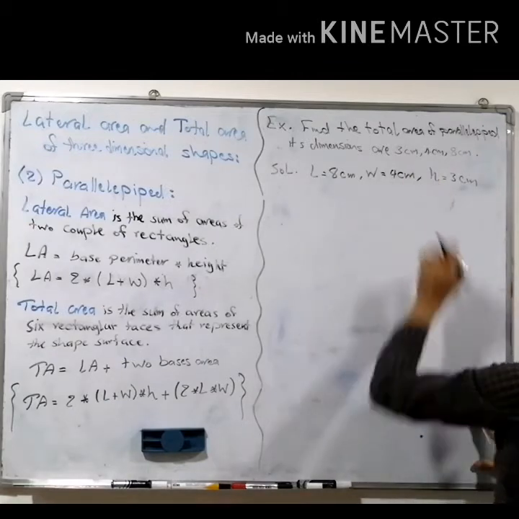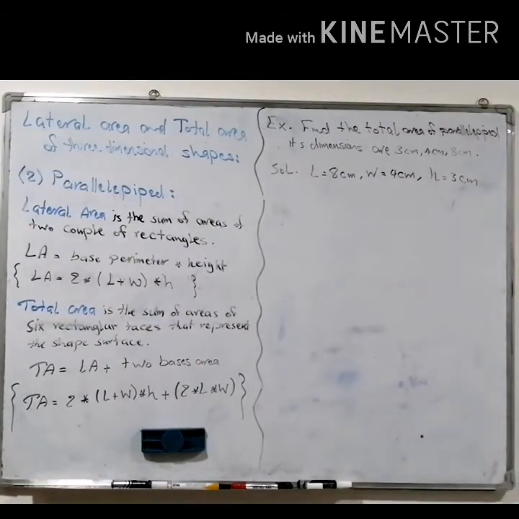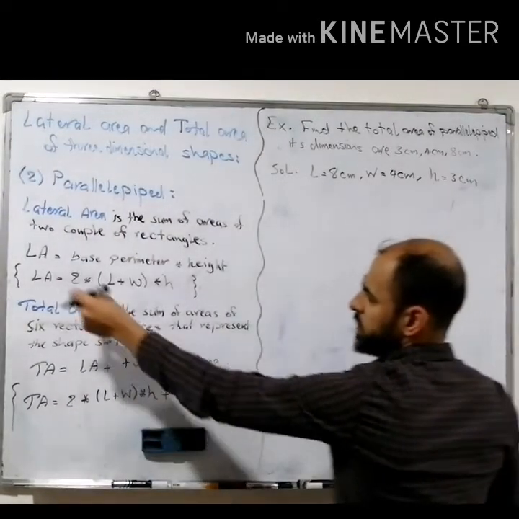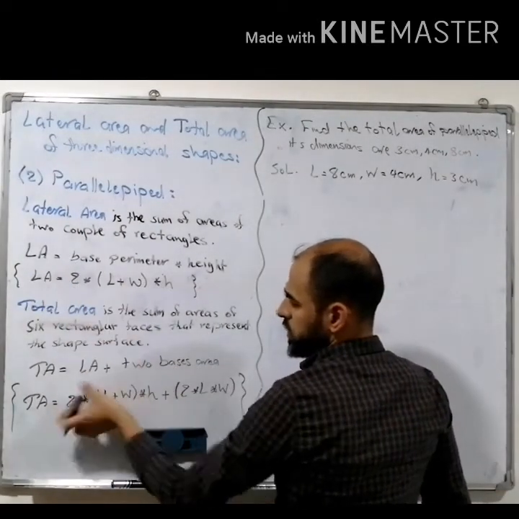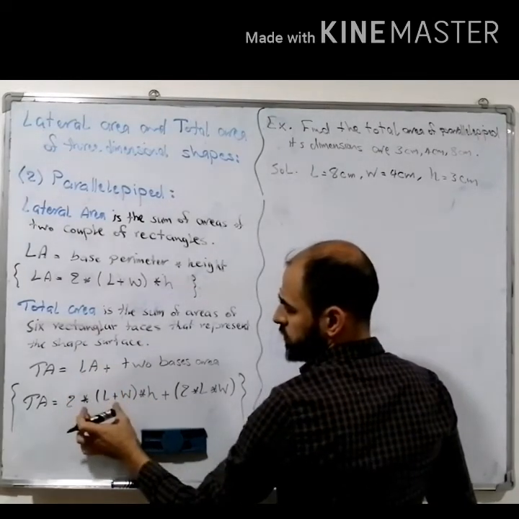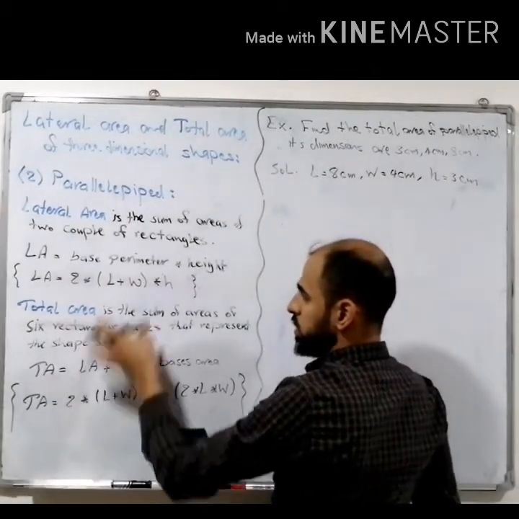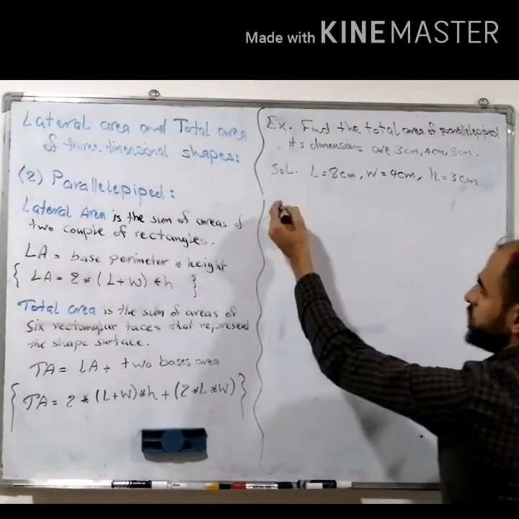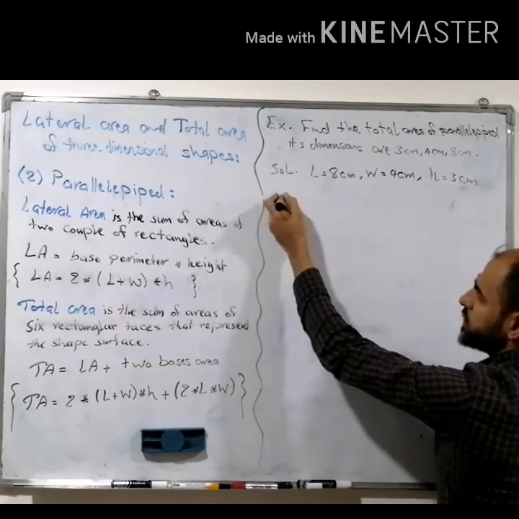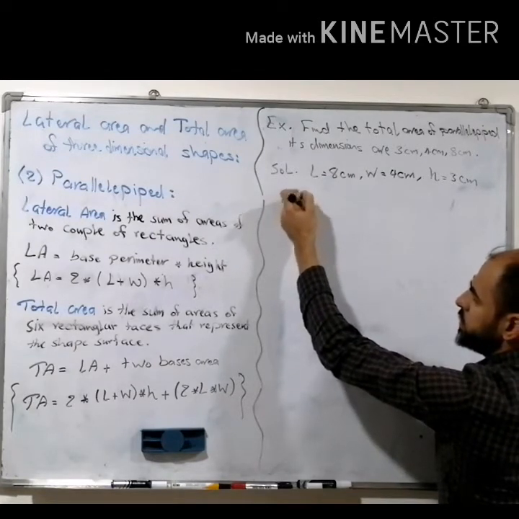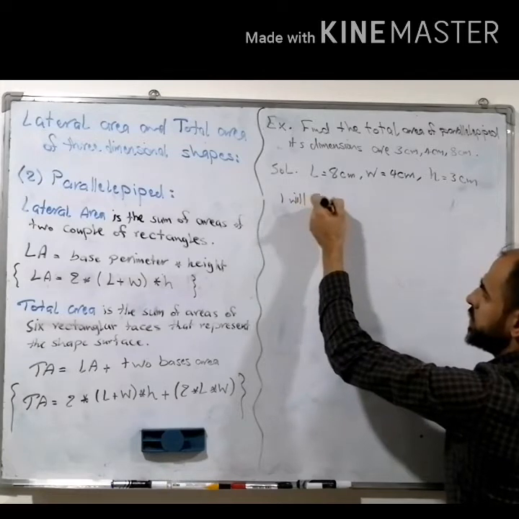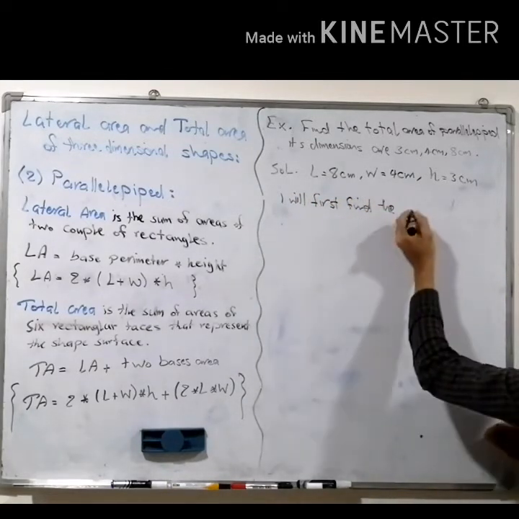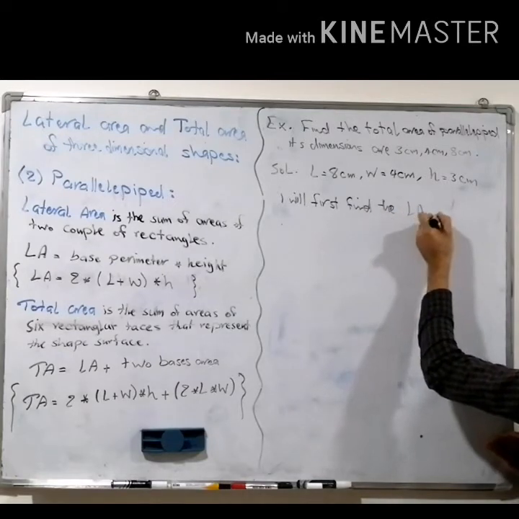Okay? Now we can find the total area directly by substituting and simplifying in the law, or we can first find the lateral area and then find the total area by substituting these values after we find the lateral area. So I'll use this way. I will first find the lateral area, which is equal to